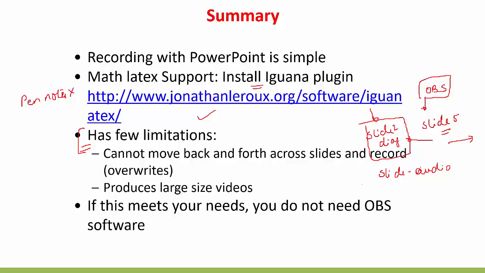If you revisit the slide again, this audio is overwritten. So this is something to keep in mind, and this also I mentioned earlier. It produces large size videos which you may have to reduce through OpenShot. For simple things, PowerPoint may very well suffice, in which case you don't have to bother with OBS software.